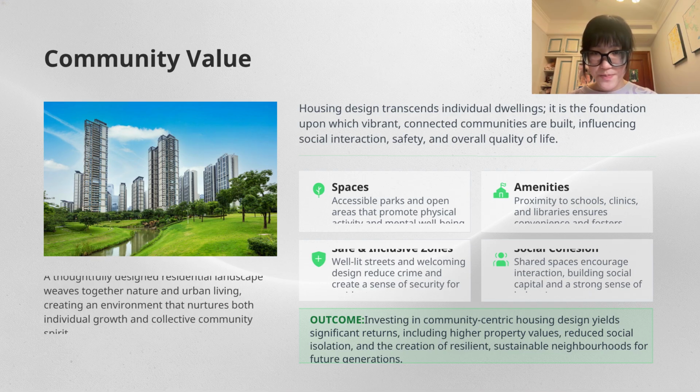communities. Well-planned neighborhoods offer accessible parks and open space for people to exercise and relax. Convenient facilities, including schools, clinics, and libraries, are built nearby. Well-lit and inclusive streets strengthen public safety. Shared public areas connect neighborhoods and build harmonious social bonds. Housing design centered on community needs brings tangible benefits,